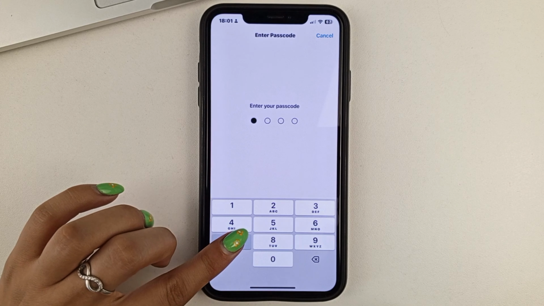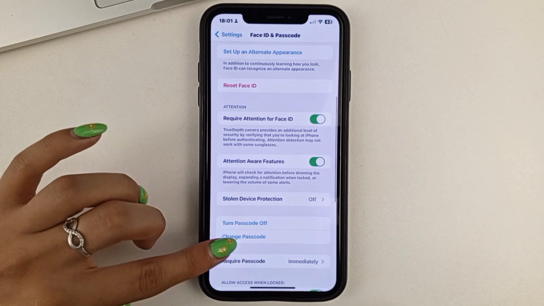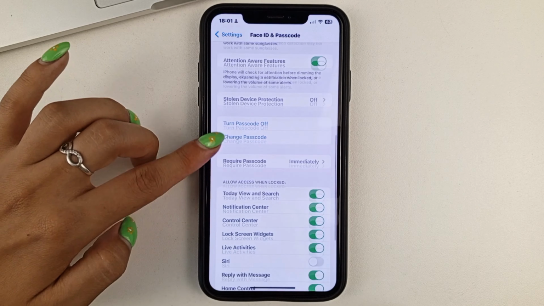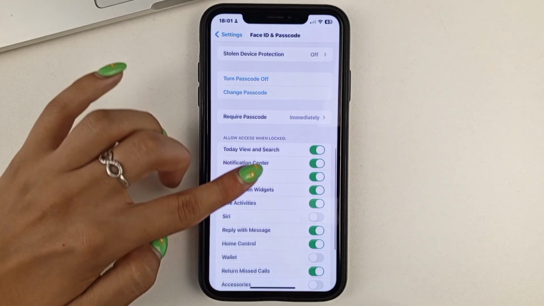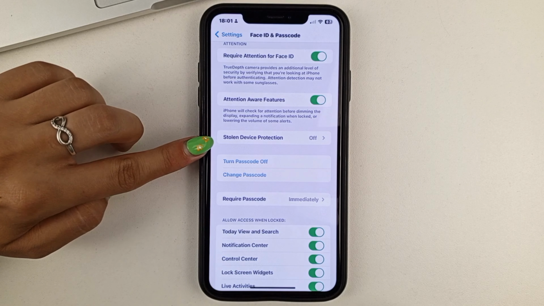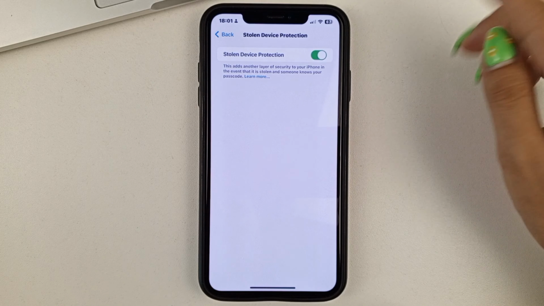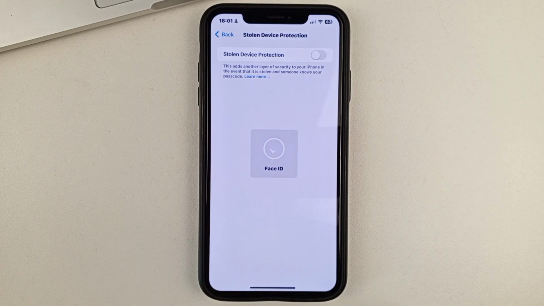Then enter your phone password, if you have one, and then scroll down a little bit more. And this is where you'll be able to see Disable Security. You will need to go to this page and disable this feature.